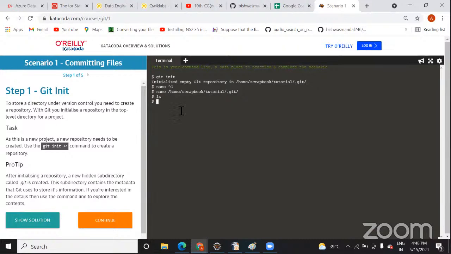And what's the difference between sudo nano and nano? Sudo nano means user level root access. When we work on the root level, root has a different user ID and password.